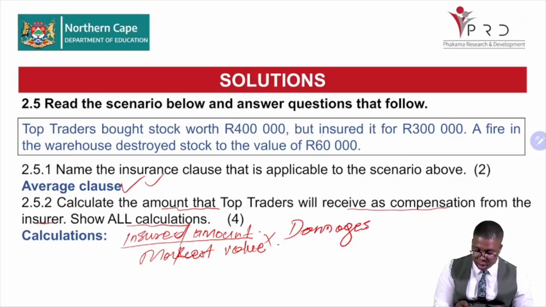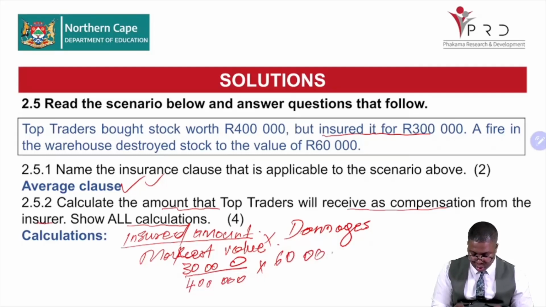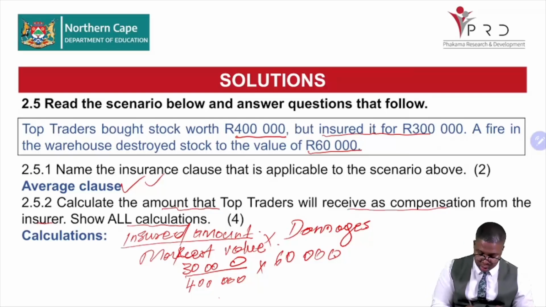So how much is the insured amount? Insured for 300,000. So we're going to say 300,000 over the market value, which is 400,000, multiplied by 60,000. And remember that we are taking this 60,000 from the scenario and this 400,000 from the scenario, which will then mean the answer is supposed to be